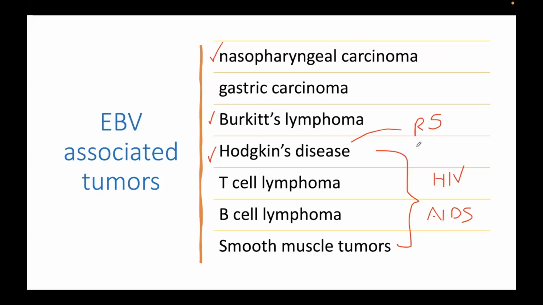Question, which of these tumors would most likely be found or located in the fossa of Rosenmuller? Okay, it's nasopharyngeal CA. Most common location of the nasopharyngeal CA is the fossa of Rosenmuller. So please